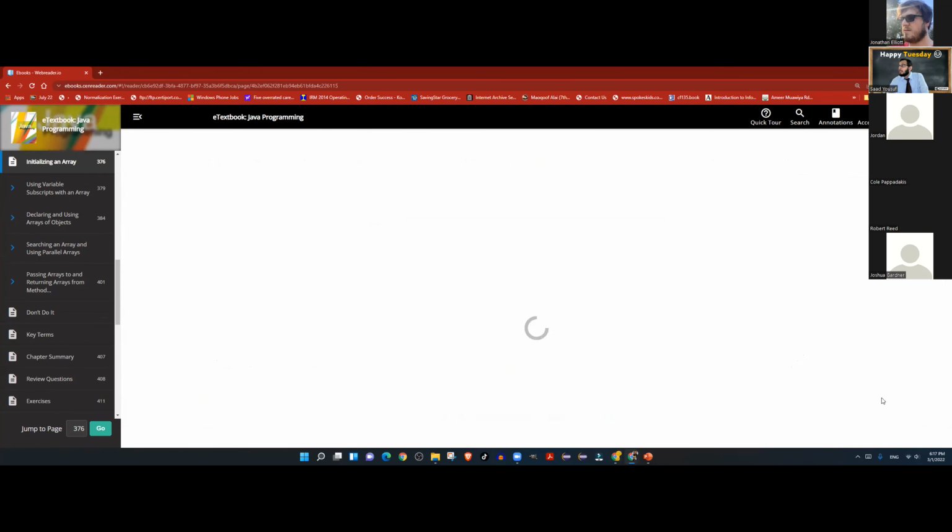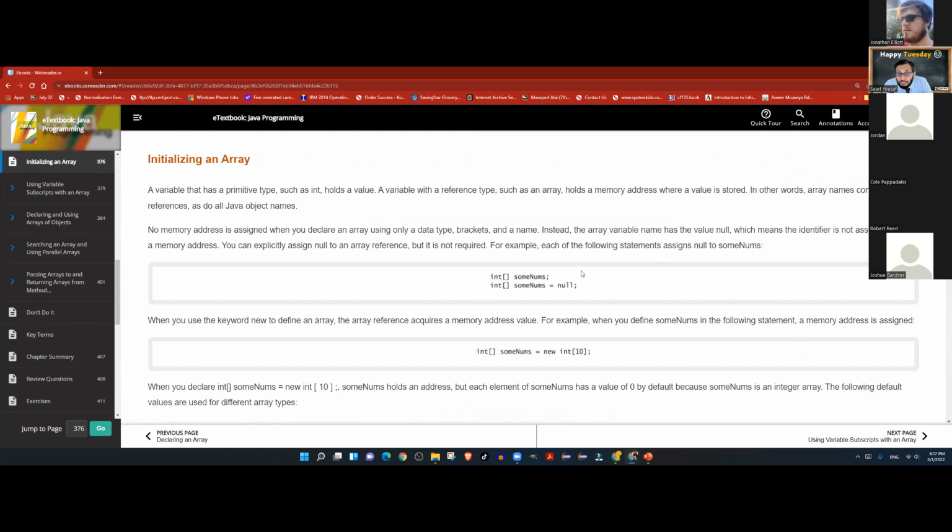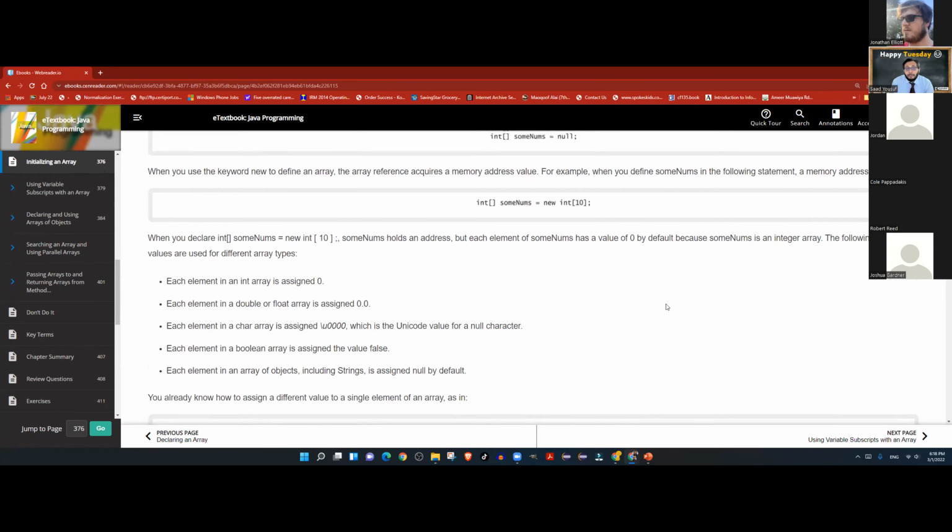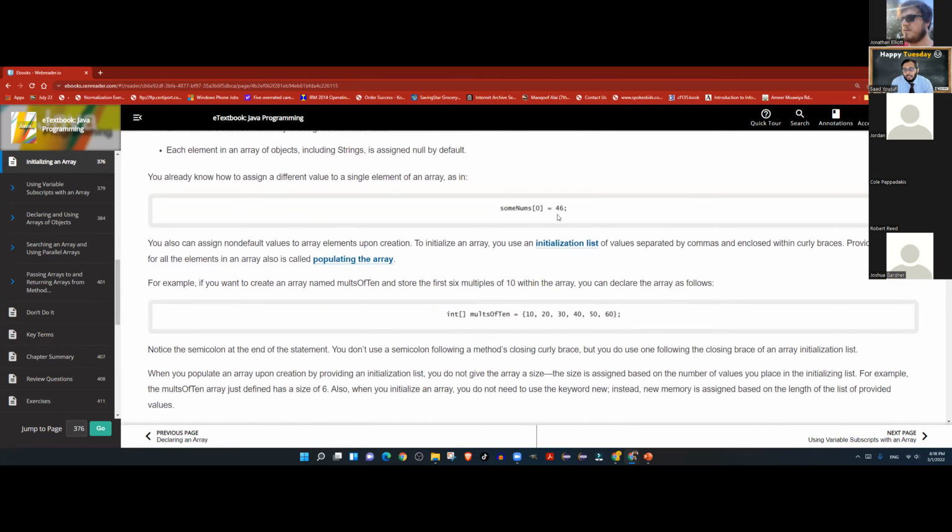So right now, I am moving to page number 376, where you can see the difference between when you simply declare an array with a data type and not write the right-hand side. It's pretty much like declaring a null array where no memory is yet allocated, and these two statements mean exactly the same thing. On the contrary, this statement means that you have not only declared an array, but you've also given it a size. So it gets initialized with the default values for that data type. Now you can start assigning values.